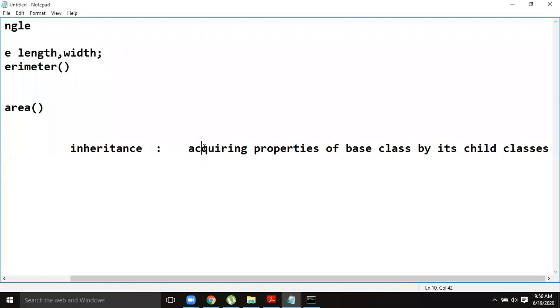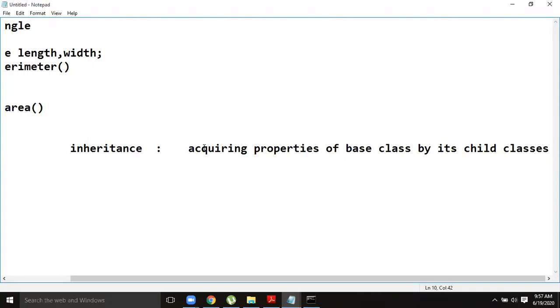Suppose you have a class A, for example, and the class contains area and perimeter methods. If the child classes B, C, D wish to use both the area and perimeter methods, they need not redefine them. They need not give the method definitions.